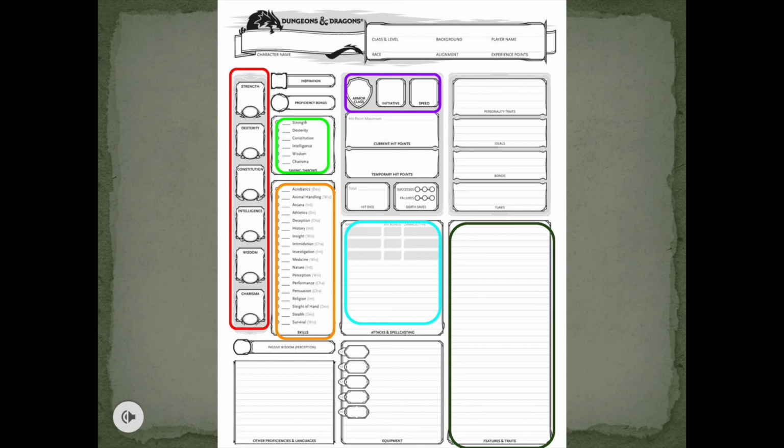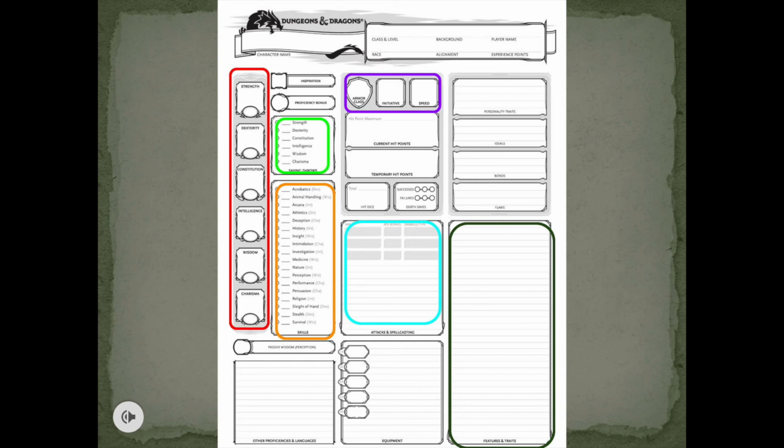Usually you'll have your weapon type, so longsword, your to-hit modifier, which if you're trained with the weapon is your proficiency bonus plus strength, and then your damage roll, which for a longsword is 1d8 or 1d10, depending on if you're wielding it one-handed or two-handed. And then you'll add strength to that damage die, so it's 1d8 plus strength for one-handed, and a longsword does slashing damage. So all that information will be noted on each of those lines, and you'll do that for each weapon that you have and each damaging spell that you have.